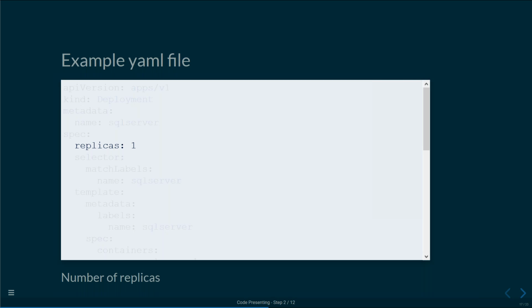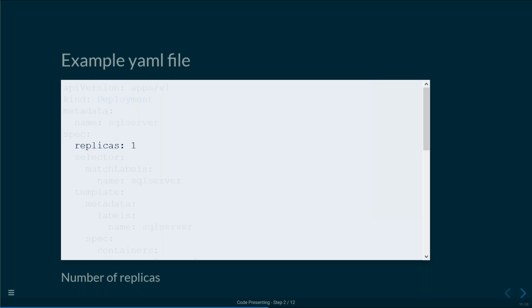Kubernetes has a concept of desired state versus running state. I am defining my deployment's desired state in this YAML file. And when I deploy it into Kubernetes, it then becomes my running state. And Kubernetes constantly checks between the two to see if there are any differences. If there are any differences, Kubernetes will automatically fix those for me. So if anything happens to this one pod, Kubernetes will automatically spin me up a new one. So we want one pod.